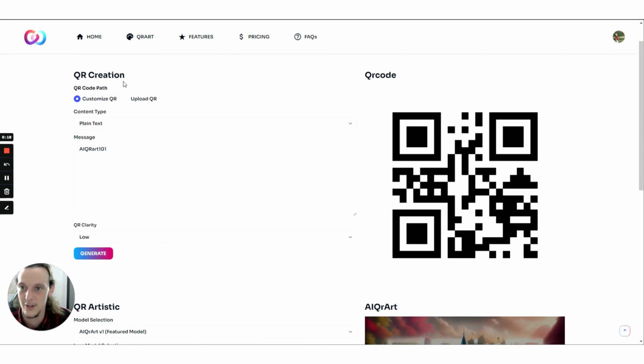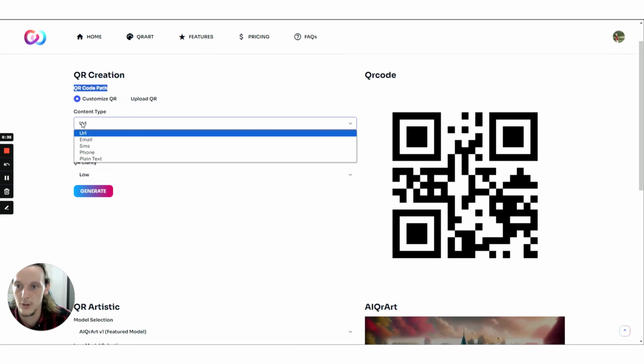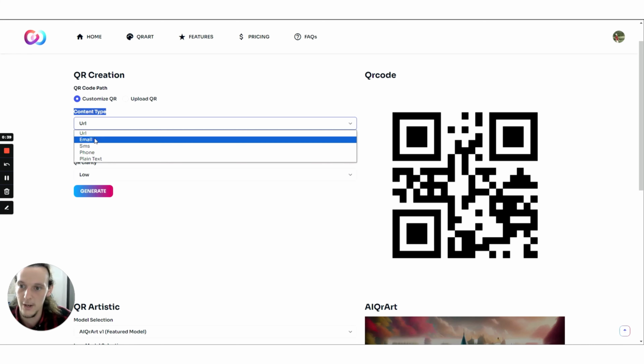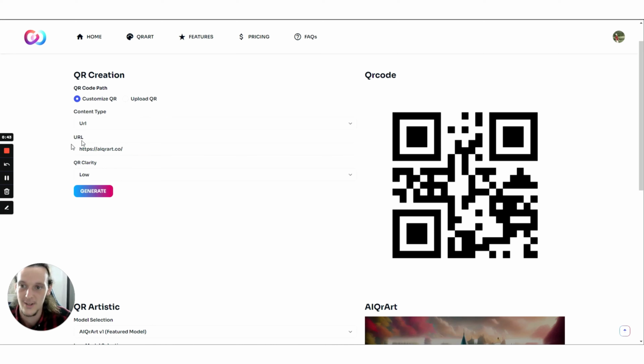For this video, we are just going to discuss the QR creation, and it would first ask you your QR code path, which you would choose either to customize your own one or to upload a QR code from your own documents. So it gives you the content type, which could either be in the form of URL, email, SMS, phone, or plain text. For a URL, you would enter the URL you would like to use,